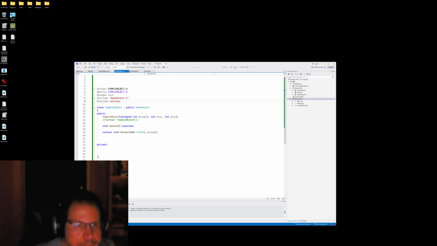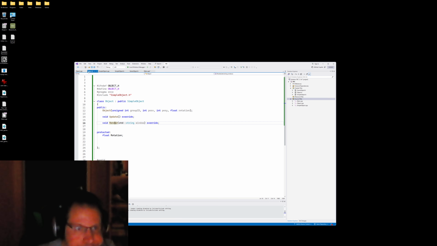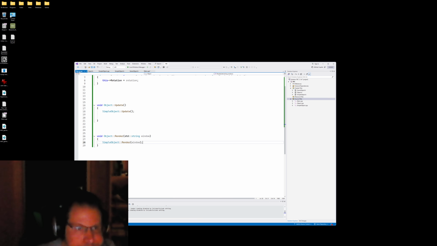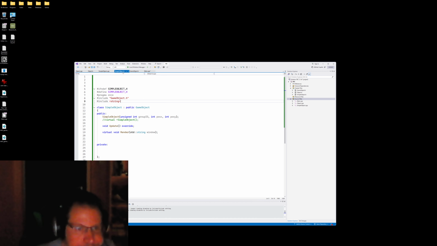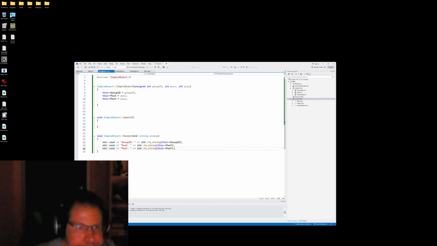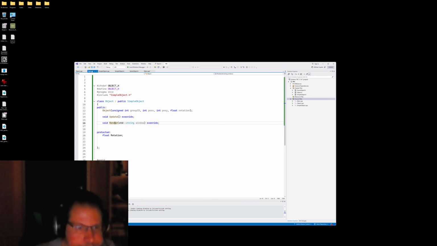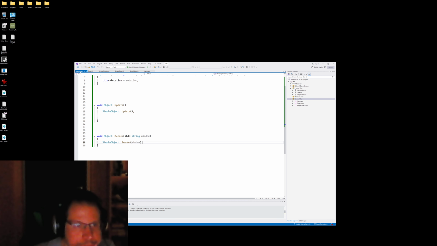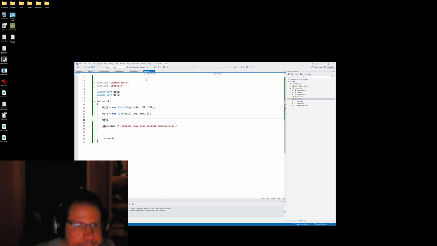It's strange. Virtual void render, it is public element, simple object render, object void render, override, and